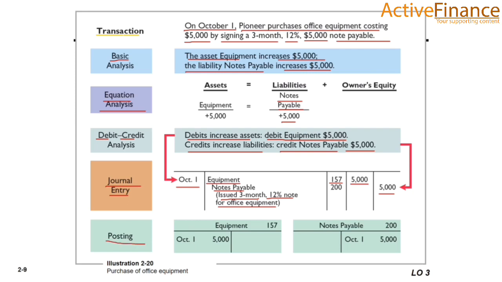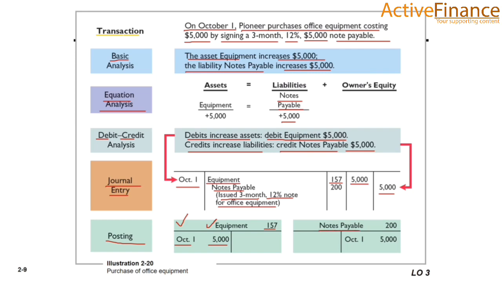So in posting, here we will give the title of the third account. This is the account number, and here we will provide the date, and if the equipment increases, it is recorded on the debit side. One thing I want to clarify with you: this is the T format for the general ledger. It provides ease in recording the transaction compared to the standard format, so it is easier than that. So you can make it like this.